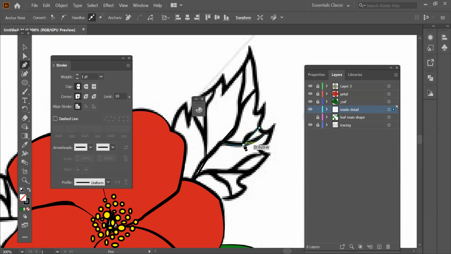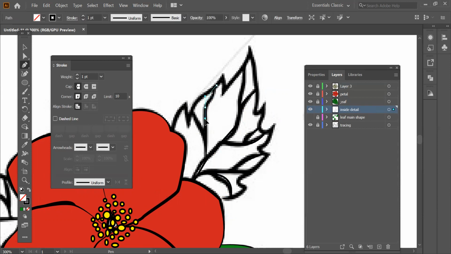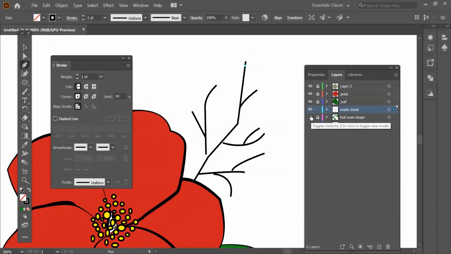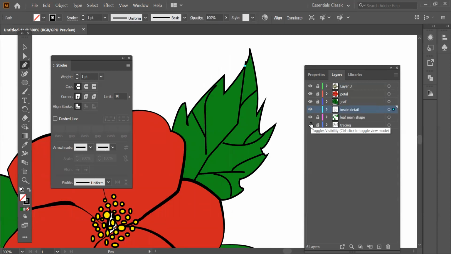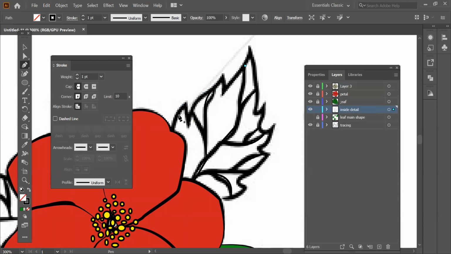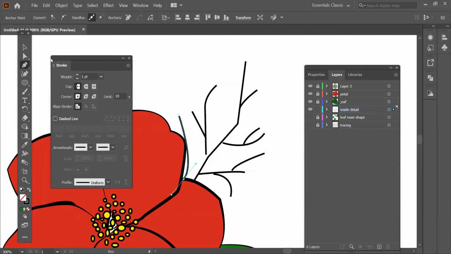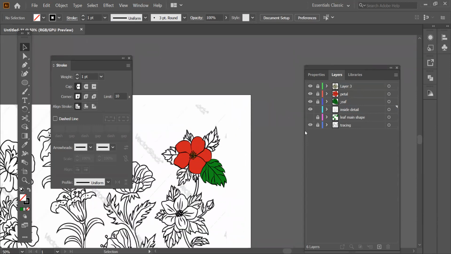I'll do only for 2 leaves. Okay, this one is done. Now see, in just 1 second, it's ready, right? And over here also I want to add, even though it was not in the photo, I just want to add myself. And now B and click somewhere. You can edit the stroke, whatever you want. Now I'm just gonna draw for the next leaf.